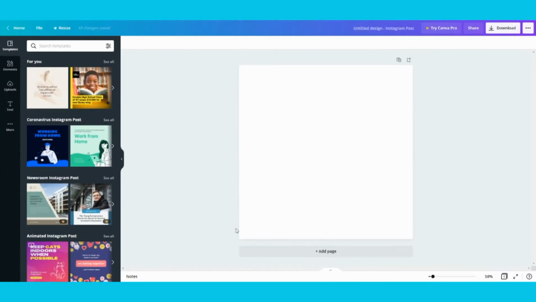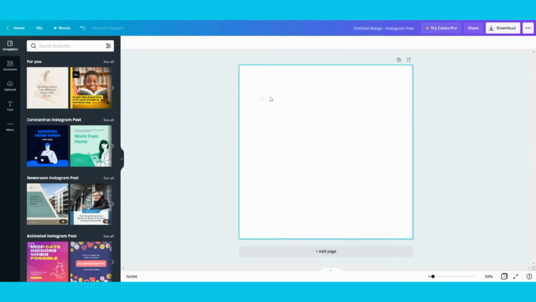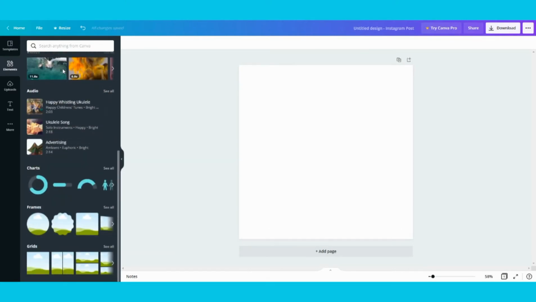This white square in the middle is your artboard. It is where all your designs are gonna live. If you want, you can easily create a separate artboard just to check out a different version of a design. Now, the way to get elements into your canvas is to go to your left hand menu and then simply click or drag and drop them.